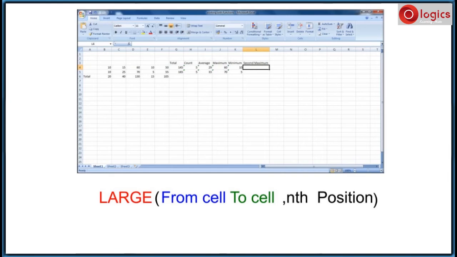Here, with reference to my Excel sheet, from cell as B4 to cell as F4, comma, I am looking for the second largest of the given range. So I have chosen nth position as 2.